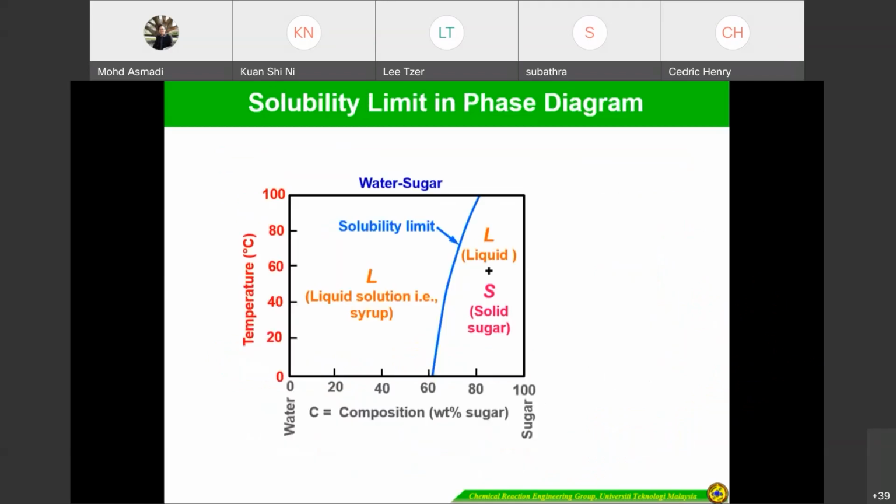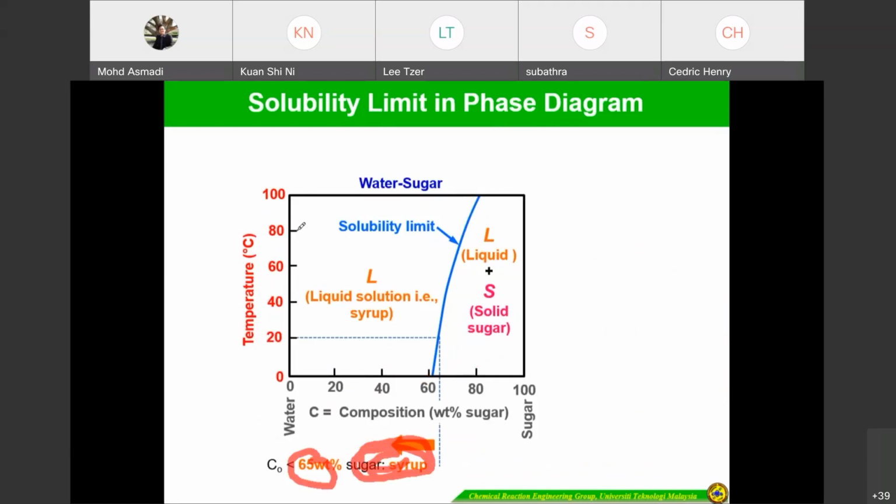So if you look at the solubility limit in the phase diagram, this one is sugar in water. If you look here, the concentration is below 65% sugar in syrup. It becomes syrup, below 60%. But once you increase the temperature, the solubility also increases. So it is almost